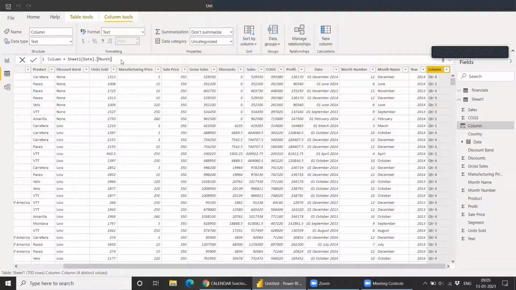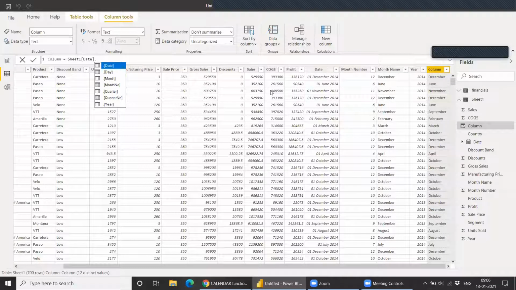If you select month, it will give you the month name. Month number will give you a numeric value, and similarly quarter number gives a numeric value.